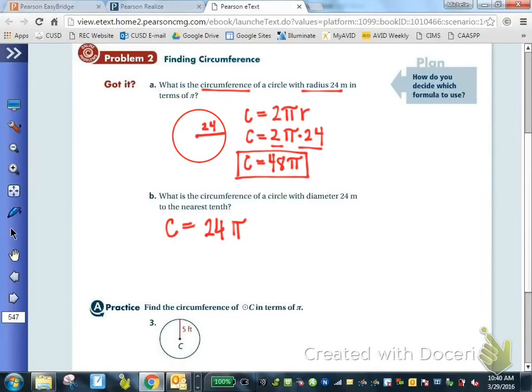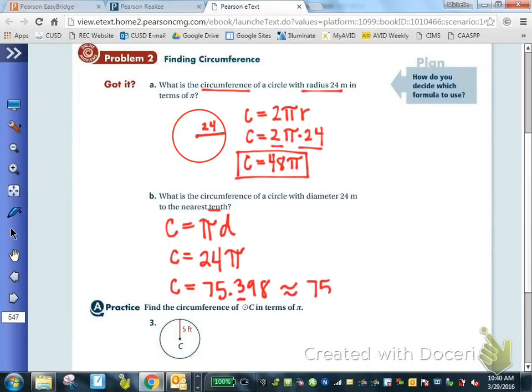Okay, let me start over. I am sorry, guys. I'm getting ahead of myself. Pi times diameter. So C equals 24 pi. So that gives me 75.398, and it wants the nearest tenth. So 75.4